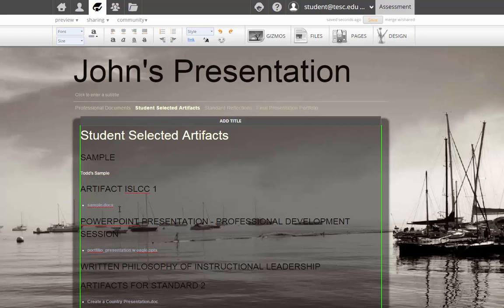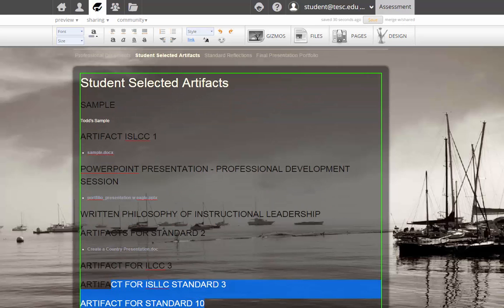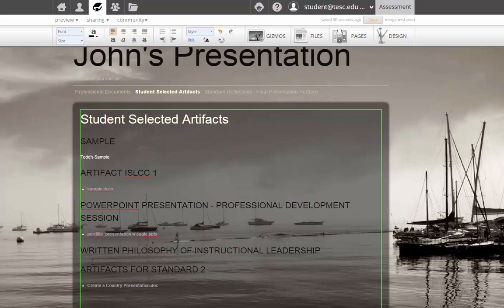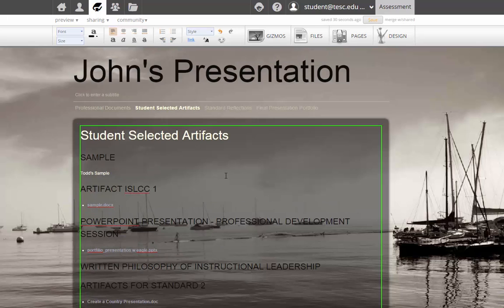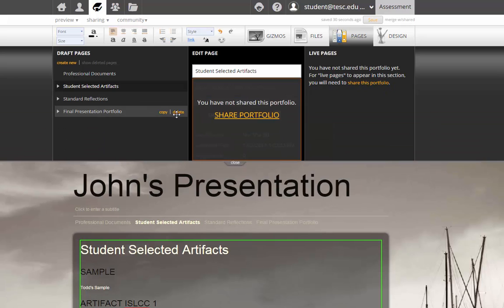So here in Student Selected Artifacts, you'll see that my artifact for ISLIC Standard 1 has been automatically copied over. It's there for me to use in my presentation should I need it. Maybe I didn't need all of these containers, so I can simply delete those. So here we can make specific changes to the presentation that aren't applicable any longer from the assessment area. In particular, I might want to delete that final presentation portfolio page because I'm making my presentation right now. I don't need a page for it in there, so I'll go to Pages and I'll delete this, and then it's no longer there,